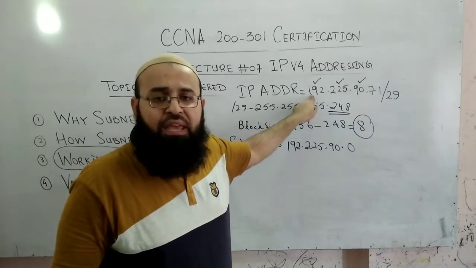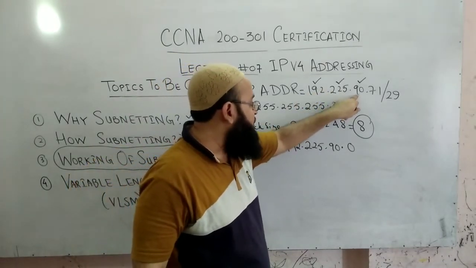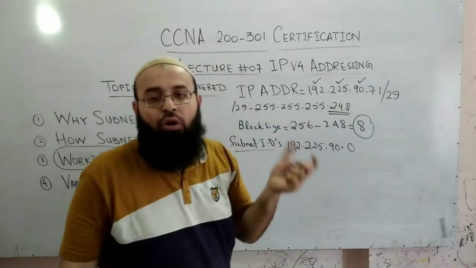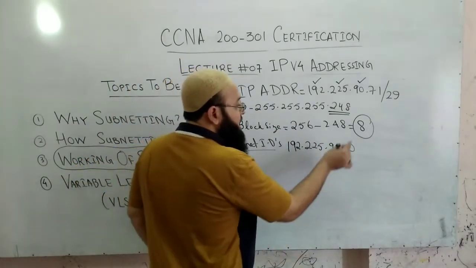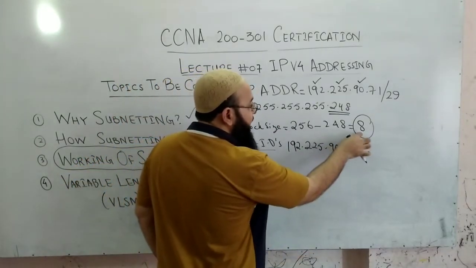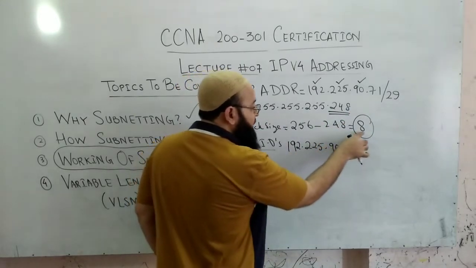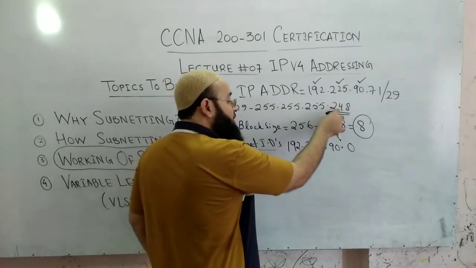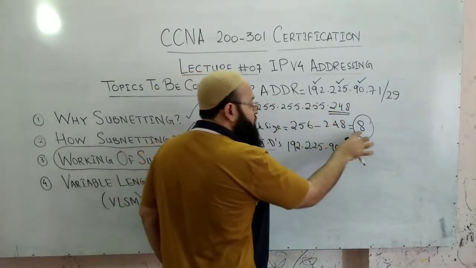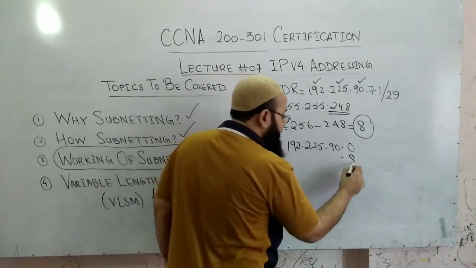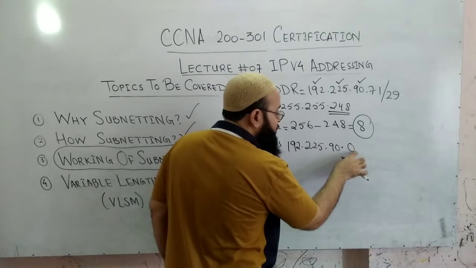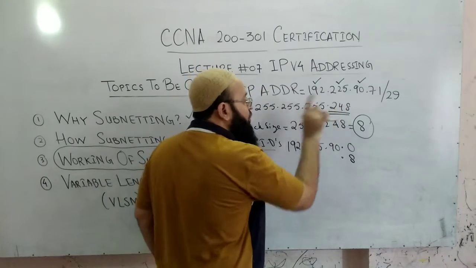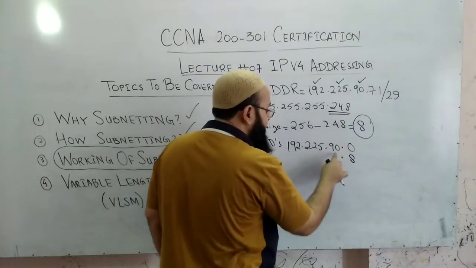If it were a class B IP address, then all the alterations will take place in the third and the fourth octet. But here we have only the fourth octet for alteration purpose. So now keep on adding this block size in that octet from where it is obtained. This 8 was obtained from 248, and 248 was in the fourth octet of the subnet mask. So you have to just add this block size in the fourth octet, because this 8 came from 248 and 248 itself belongs to the fourth octet. So fourth octet working will take place.